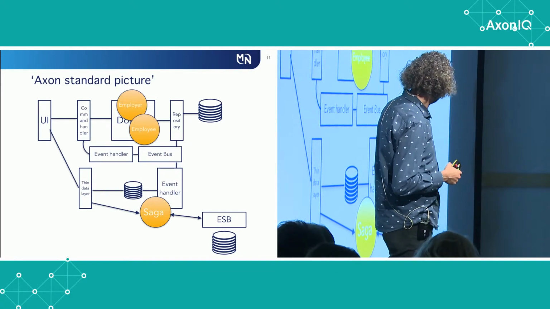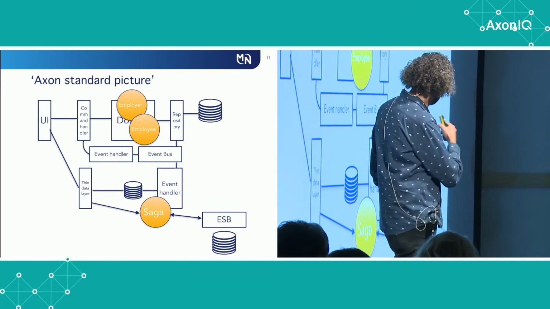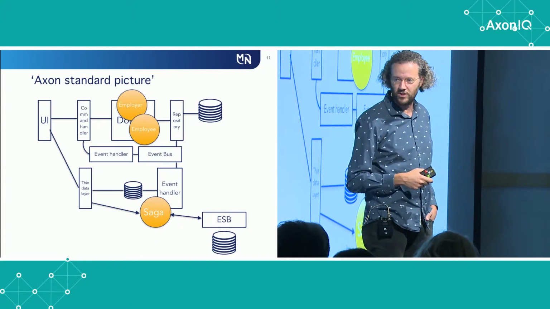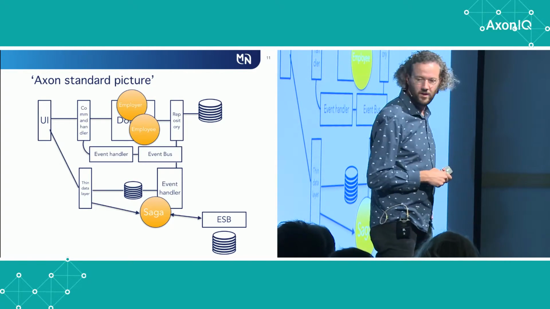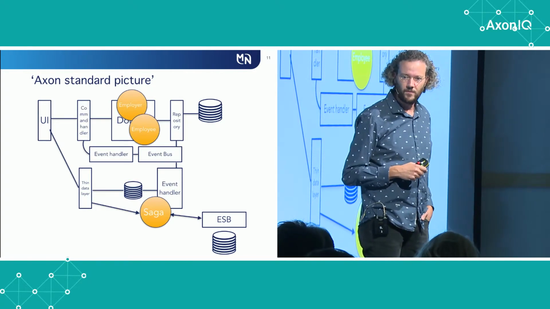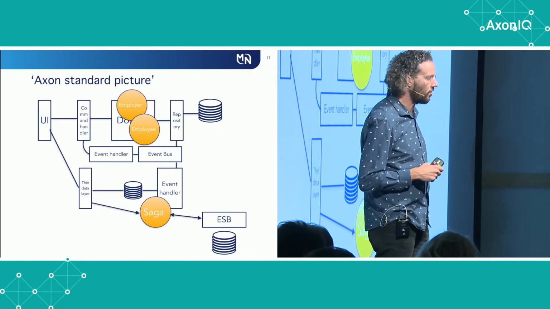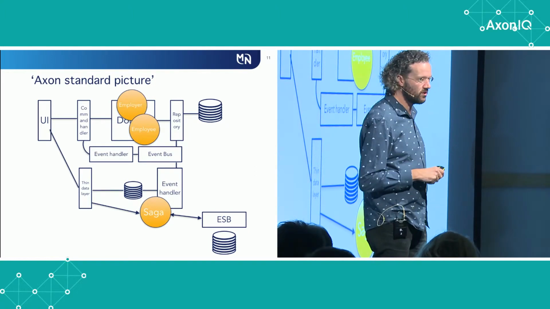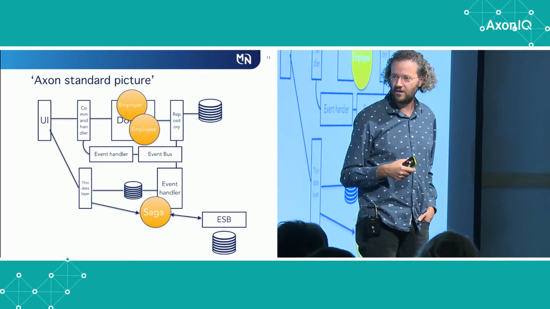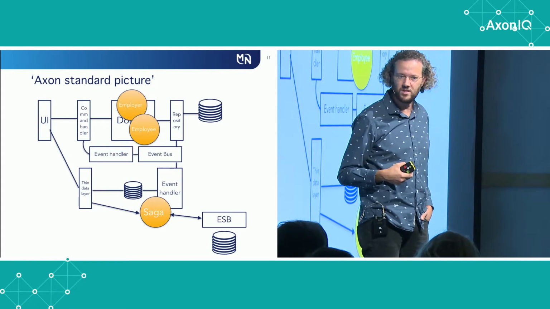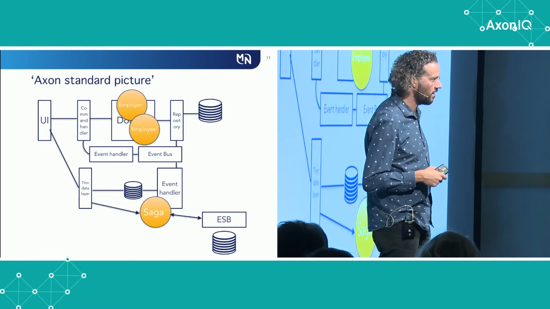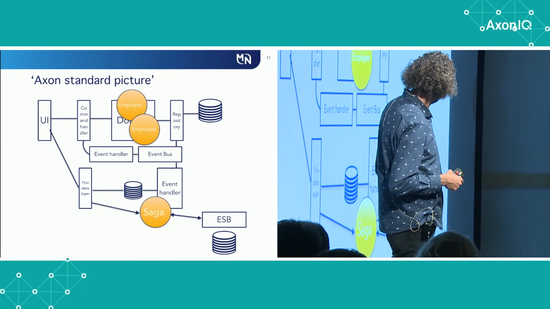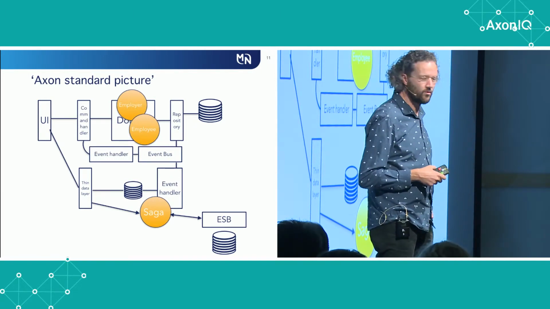And we use those events to listen via the event handler and Saga and push it to the ESB. And in that way we can keep track of if everything goes well. And when things actually go wrong, we have a separate structure where people can by hand fix stuff and then re-push it into this integration layer. And so it's now operational for a couple of months and it's doing reasonably well.